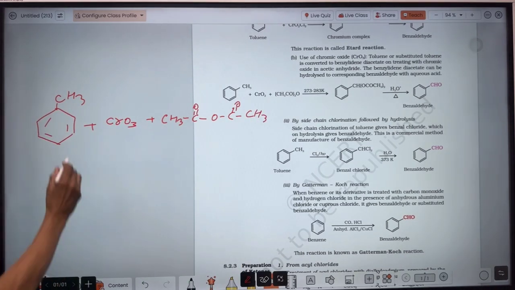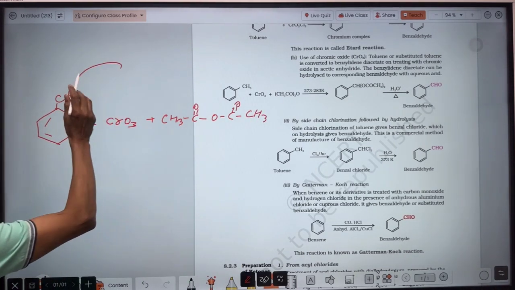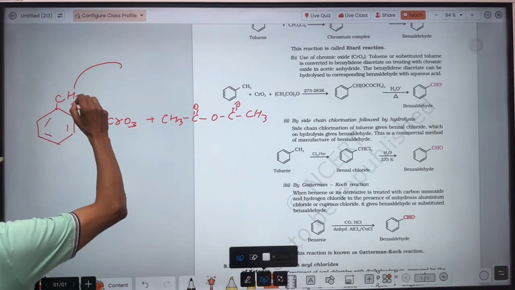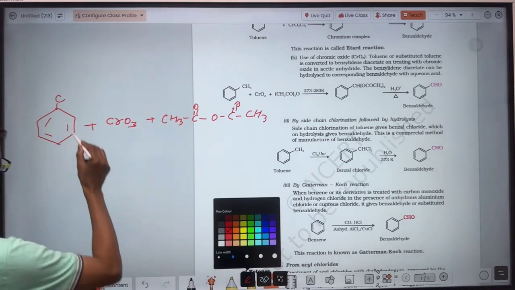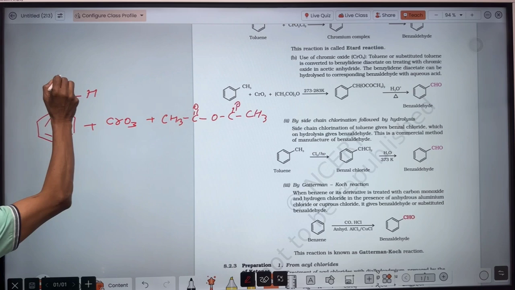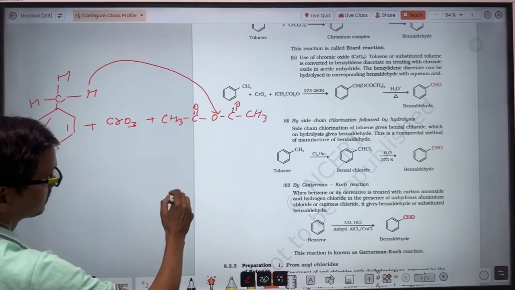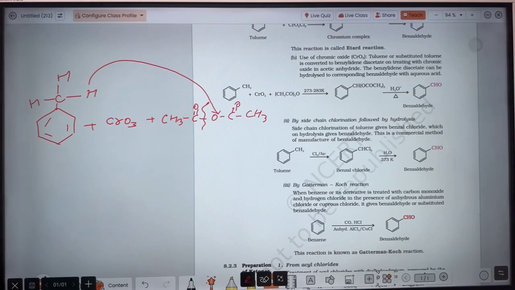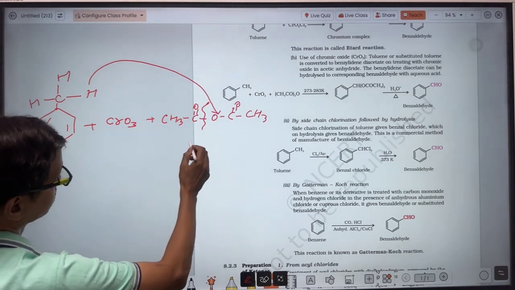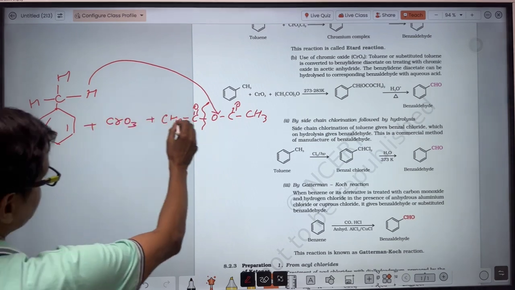This one. So one hydrogen of this methyl will bond to this oxygen. So that forms acetic acid, and this C double bond O, this hydrogen will form,